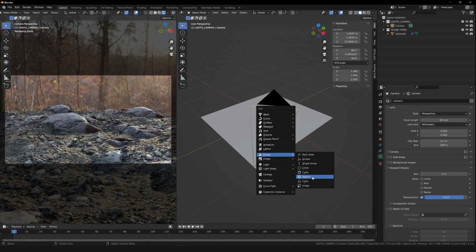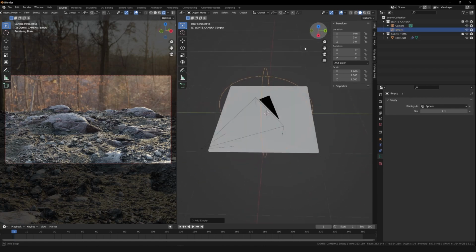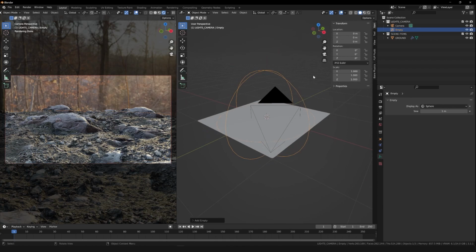So drop the sphere into the scene, and we'll have this very large wireframe sphere appear. Hit S on the keyboard and drag your mouse down, and it will just scale this sphere down to a smaller, manageable size, about this size. This we can use as a focus object, and then we're going to create another one to use as a